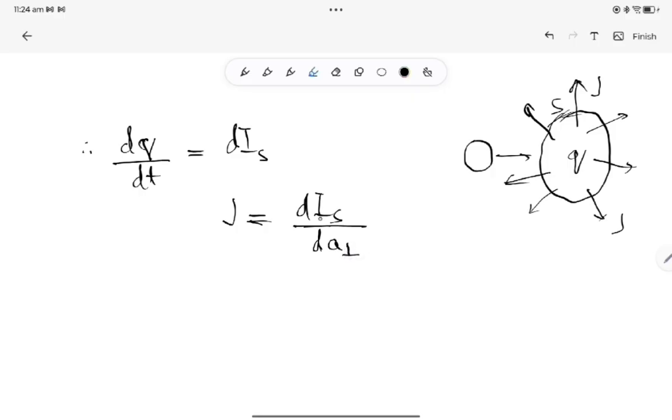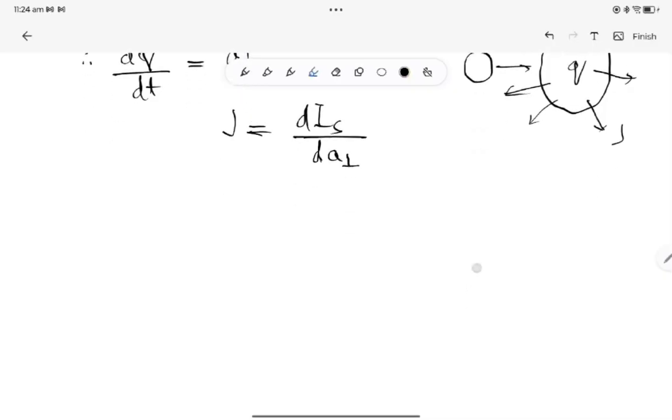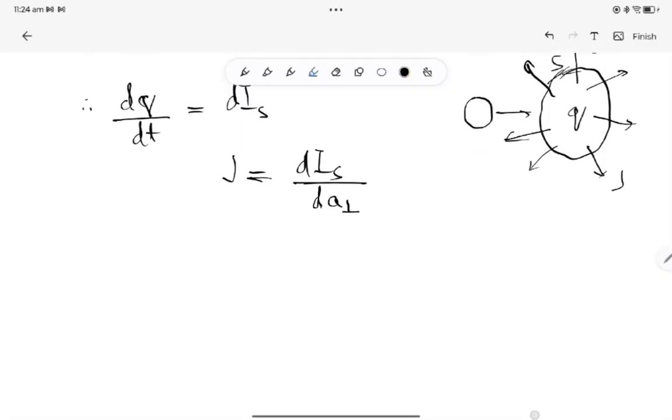But this is okay if we write current density is current per unit area. That is okay. But maybe this "perpendicular" may irritate some of you. Why do we write it like that? Because suppose